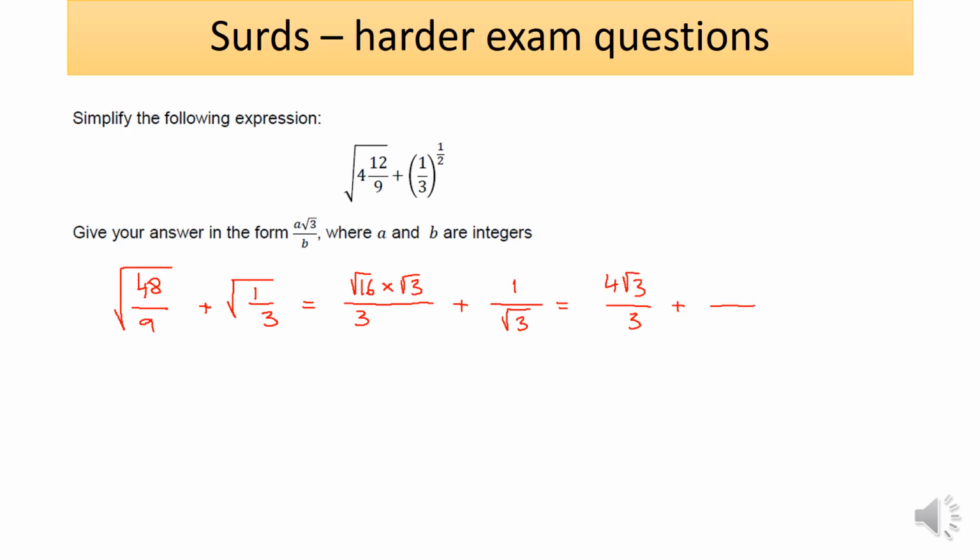Now, in the second fraction, I need to get rid of the surd from the denominator, so I need to rationalize the denominator. So I need to times both the denominator and the numerator by square root 3. So that's going to give me root 3 over root 9, which is 3. And now that I have the same denominators, I can add the two fractions. So 4 root 3 add root 3 is 5 root 3 over